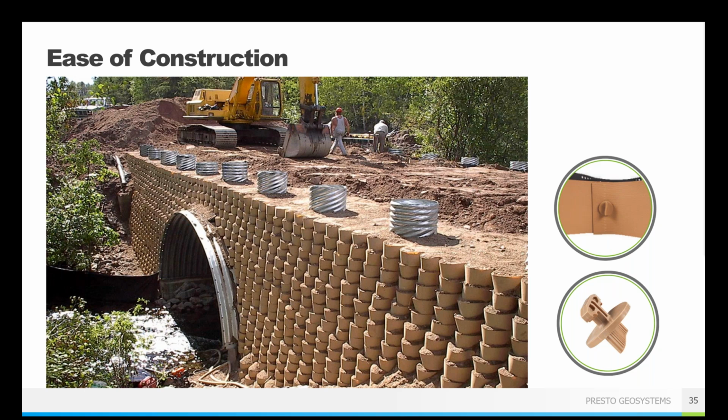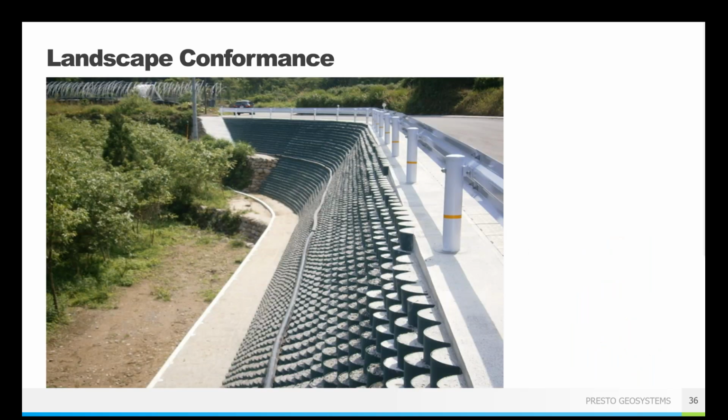And then landscape conformance, kind of already covered this because it's talking about the flexibility of it. You can go around curves, you can go up and down hills, that sort of thing. But it is nice to see that you can build your roadways all the way up to the very edge of the GeoWeb walls. You don't have to have a 5-foot or a 10-foot setback from the edge of the wall face before you can start having roads or buildings or anything. You can go right up against the edge. So again, if you have those smaller footprints you need to be concerned about, and you can put in those guardrail posts, again, if you had that utility infrastructure, anything like that. So this is a great way to see that.